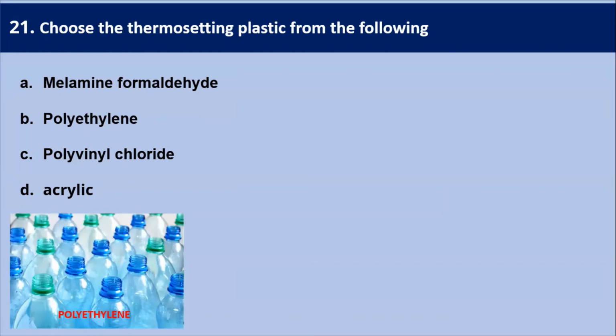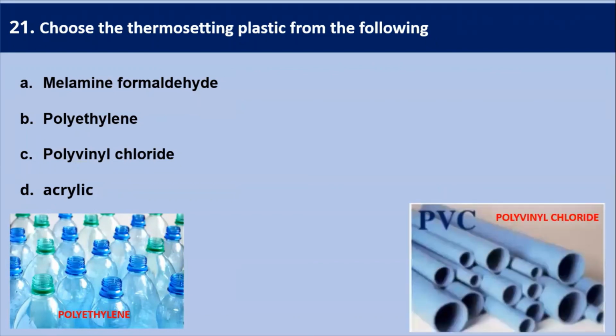Then the next example I have shown is polyvinyl chloride, which is called PVC. So it is also a thermoplastic. By means of it we can produce PVC pipes or sanitary fittings, shower curtains, even window frames, even roof sheets, etc. So that is all about polyvinyl chloride.